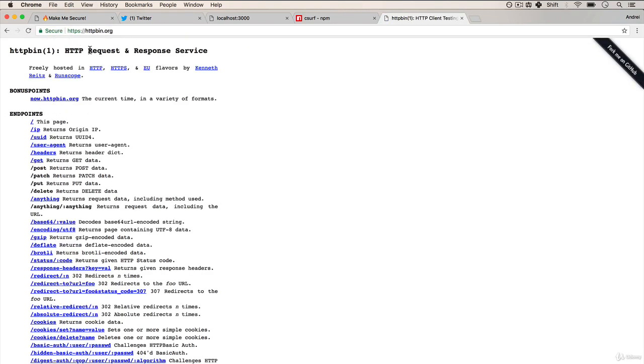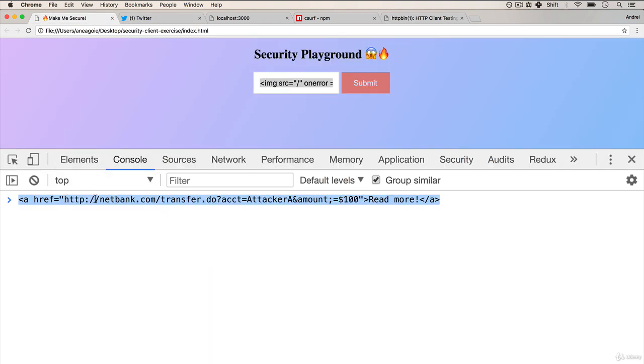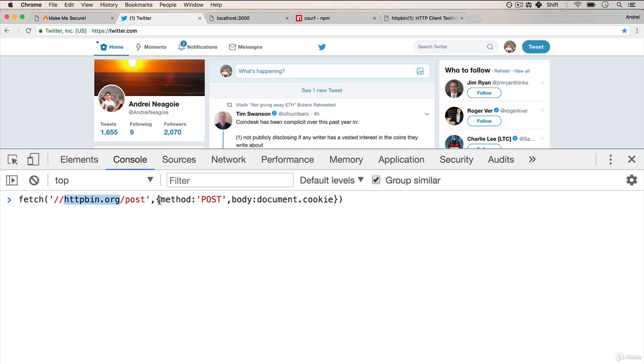It's an HTTP request and response service. We essentially just output to this website whatever response we get, and we can keep track of it. So let's try and do a POST request, and in that POST request, send from this website, from Twitter, my cookie of me being logged into Twitter. If I press enter,